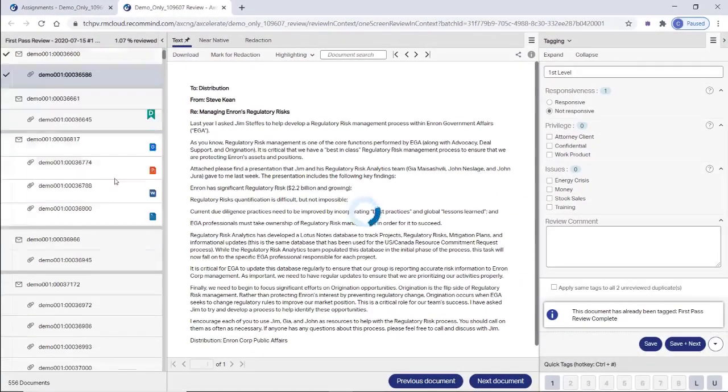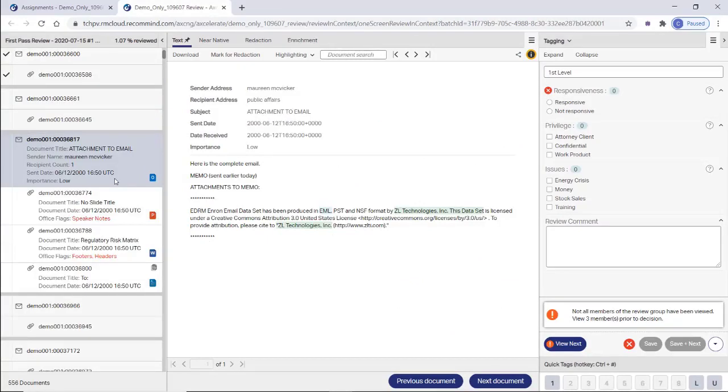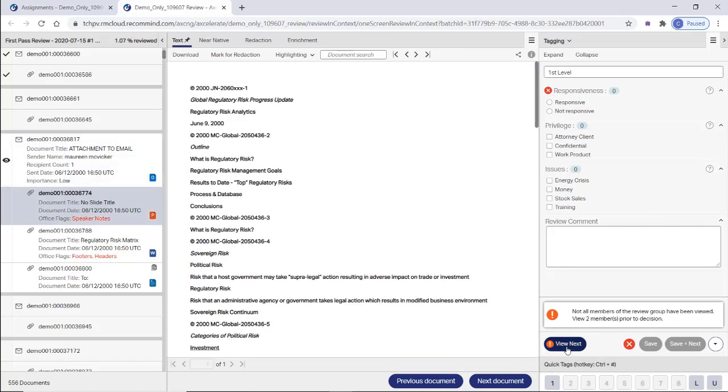Now let's take a look at this group. This group is also an email with attachments. It consists of one email with 3 attachments. We'll move through this group viewing each document. Let's move to the first attachment. The attachment is also a PowerPoint with speaker notes, which is not yet tagged with the target review state of